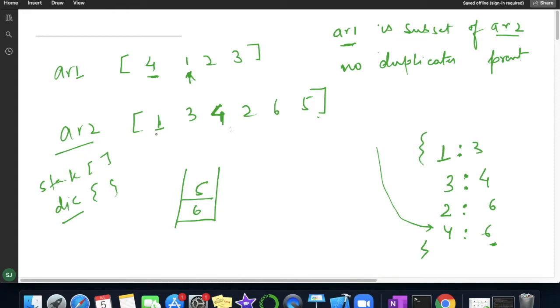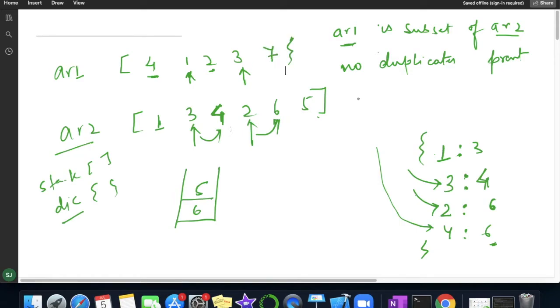So for 1 my next greater is 3. So if you see here, for key 1 the value is 3, it is working fine. For 2, if you see here, position is here and its greater element is 6. So 2 is present over here, yes, and its value is 6, which is again correct. Now next element is 3. So for 3 our answer is 4. So if you check this key 3, it is having the value 4, which is again correct. Now suppose I am getting here the value as 7.